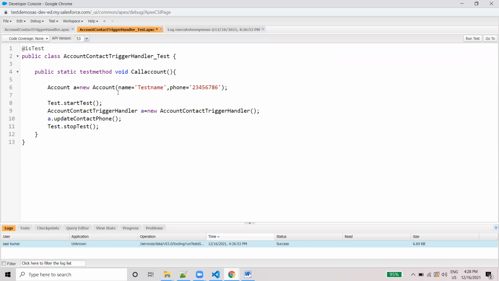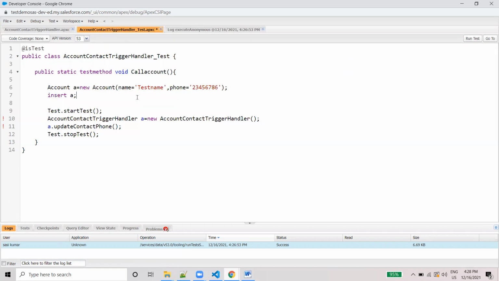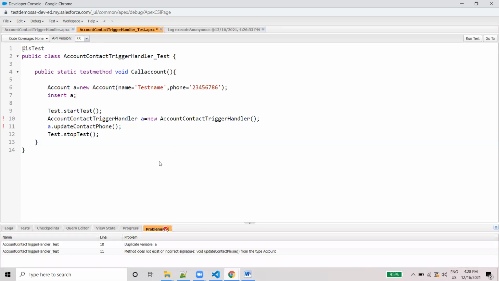After that I'm going to insert a. Now one account record will be inserted. Now I'm going to save this. We already created the variable as a, so I'm going to put a1. Now you can save this.